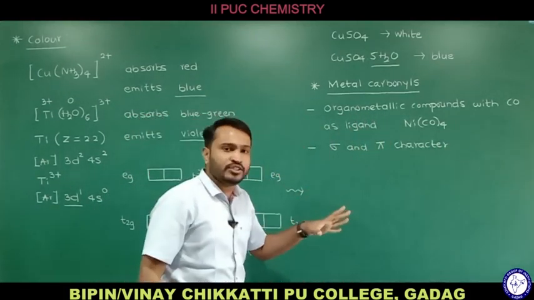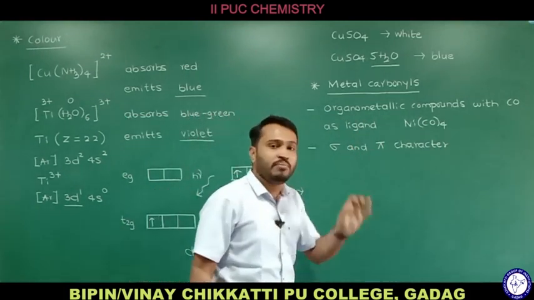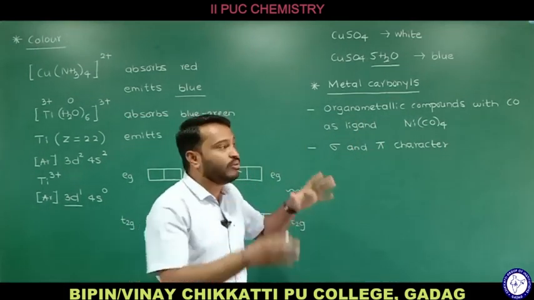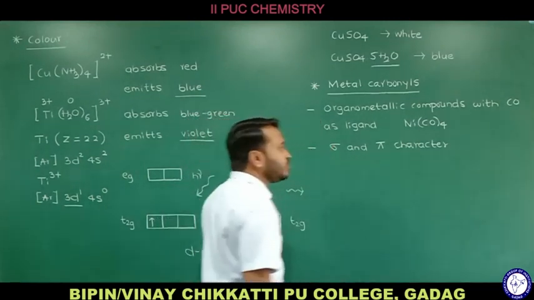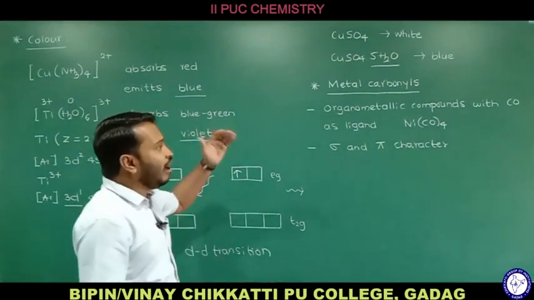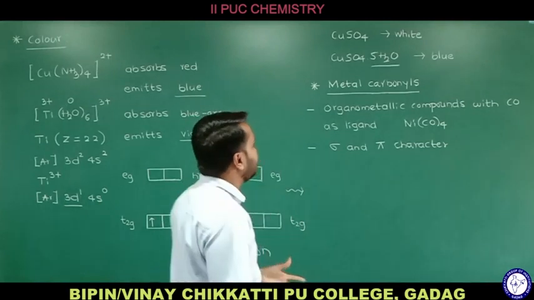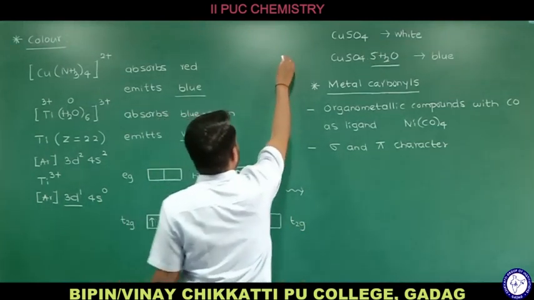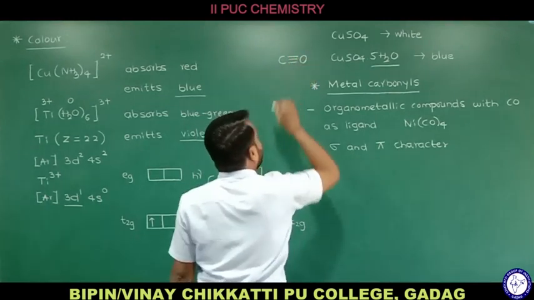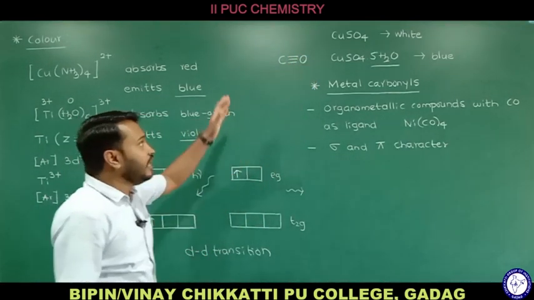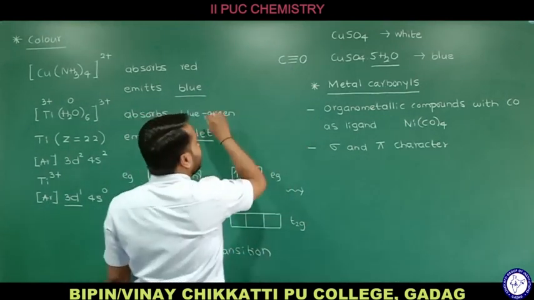A sigma bond is formed by head-on overlapping of atomic orbitals, whereas a pi bond is formed by sideways overlapping of atomic orbitals, we know. So in metal carbonyls, we have sigma character as well as pi character. Then the question arises, how in the same compound do we have both sigma and pi character? Remember how we write carbon monoxide. In carbon monoxide, between carbon and oxygen we have a triple covalent bond, and that is the ligand,